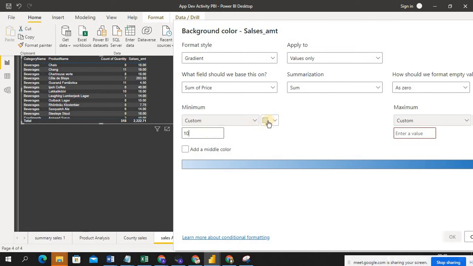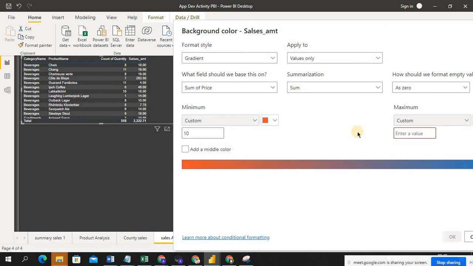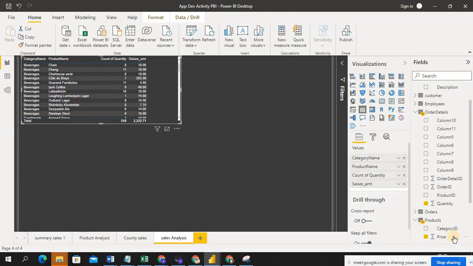For 10 rupees I want to indicate this color. For the max amount, I want to indicate a color, like if it is 20, or 15, the color is this. Just click on OK.